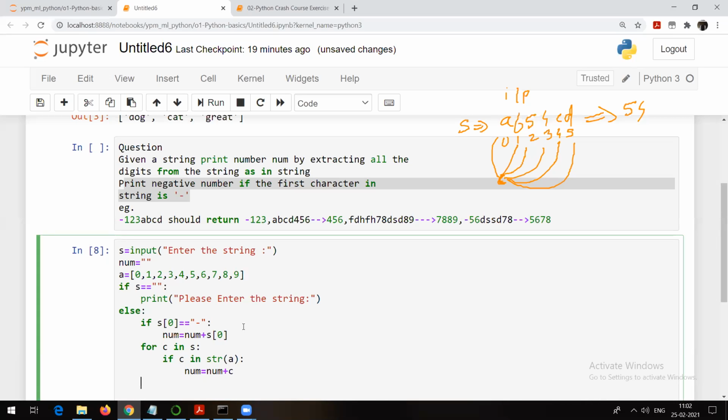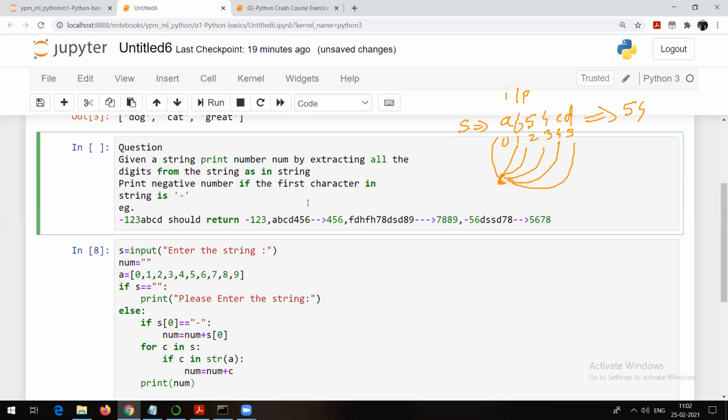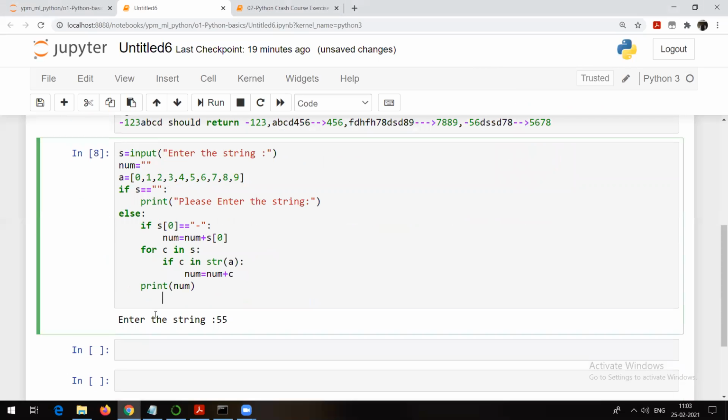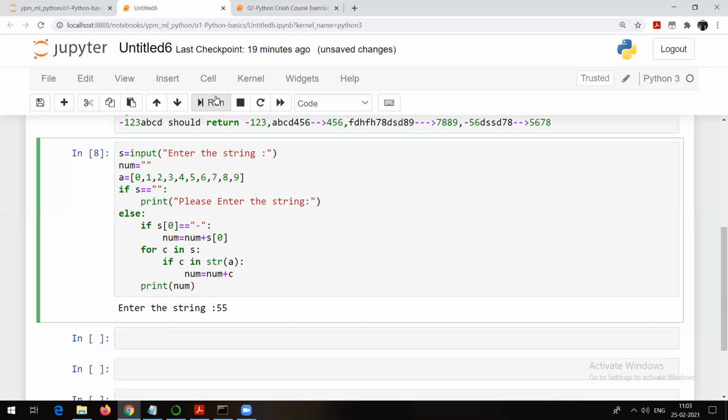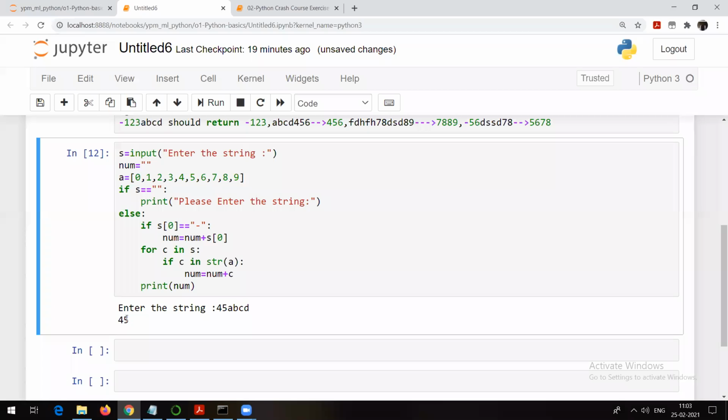And finally, I am going to write down the code correctly. See how I am writing down the code, just inline with the for loop, I am writing down this num. So that's the answer for this particular question. Even if someone is having some doubt, let me explain. Now we are going to enter some number. Suppose I enter 4, 5, A, B, C, D. Now my answer should be 4, 5. Now see, it is giving me 4, 5.